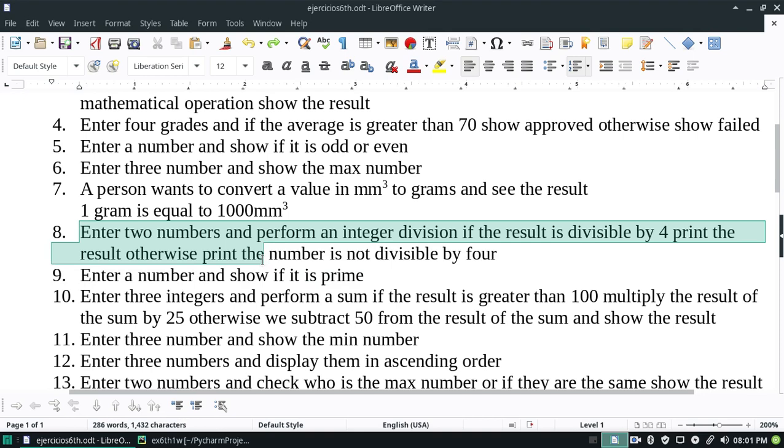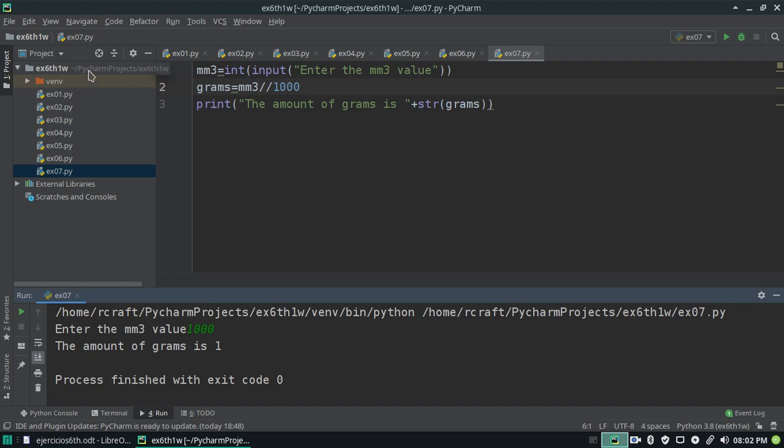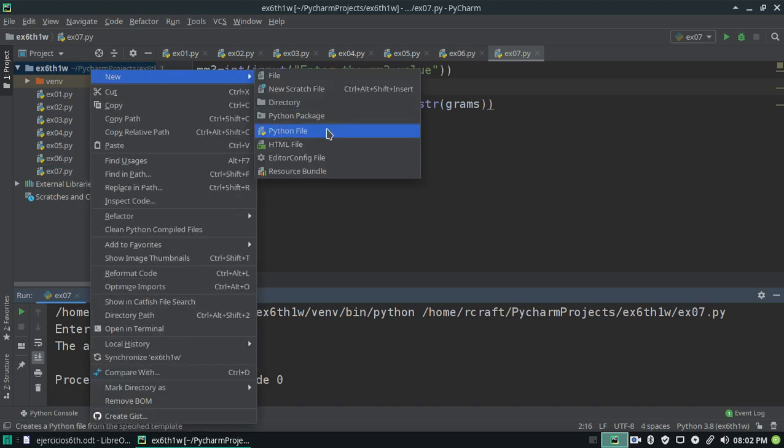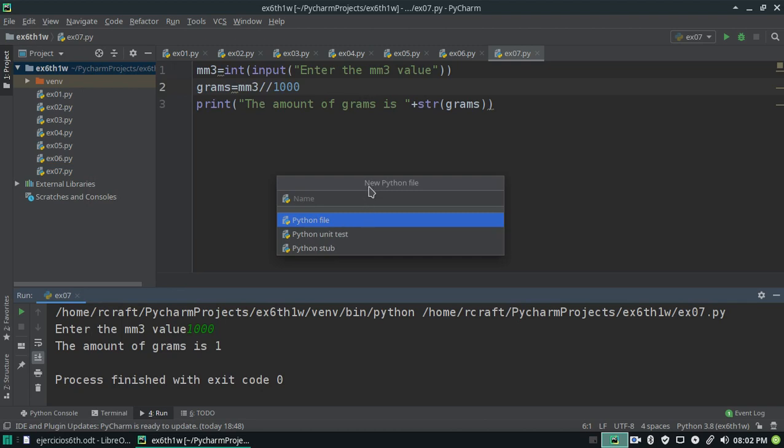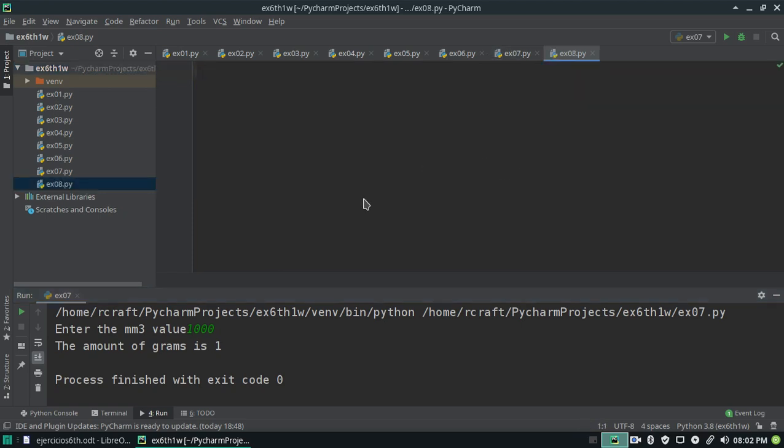Otherwise, we are going to print the number is not divisible by 4. So we are going to start with the exercise number 8,